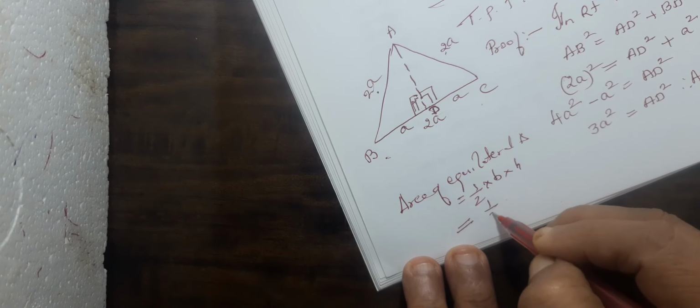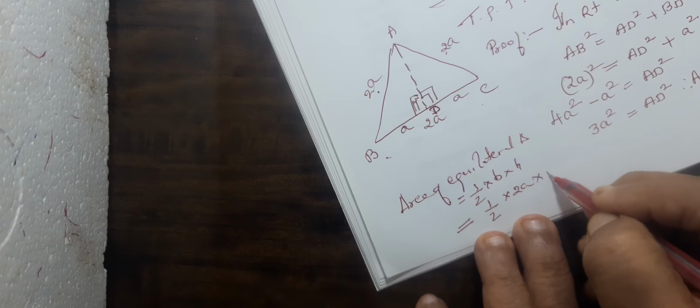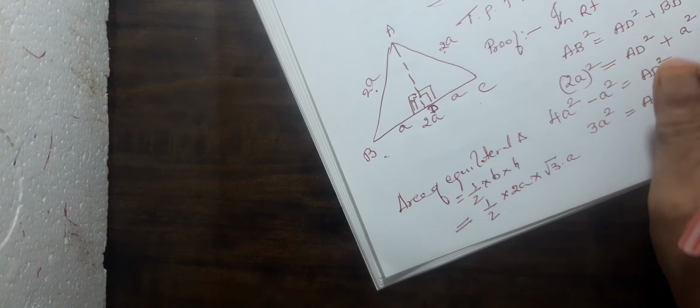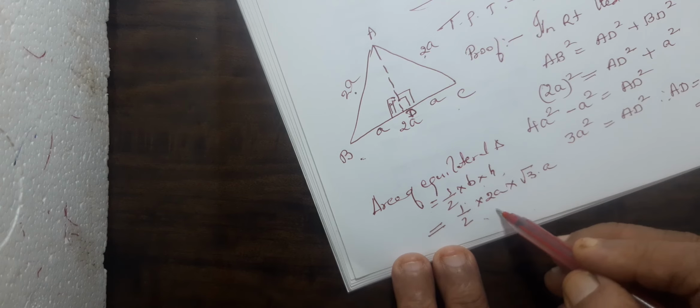See, half into base, which is 2A in this case, height is root 3 into A. So half into 2A into root 3A. What happens? The 2 will cancel, and you get root 3A